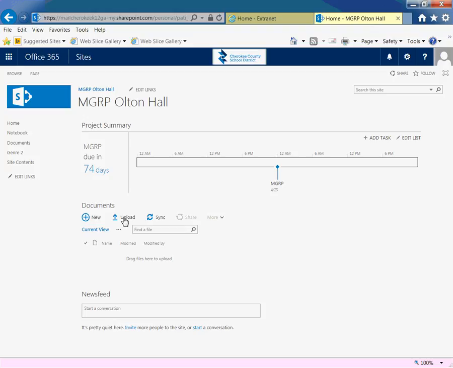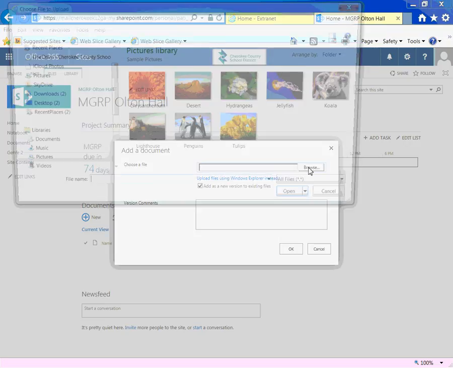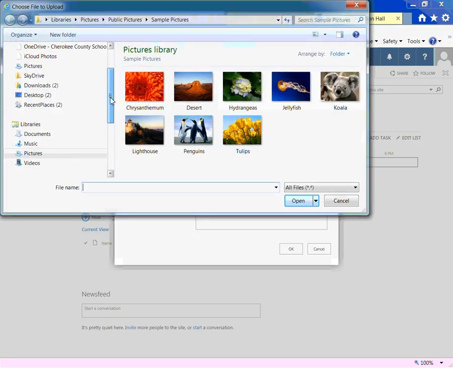So anything that you create on the computer in PowerPoint, in Word, in Publisher, etc., or any picture you want to be on your website, those things have to be uploaded to this area of your website in order for Mr. Hall to see them on your sidebar. So in order to do that, you click Upload, browse to the document or picture,